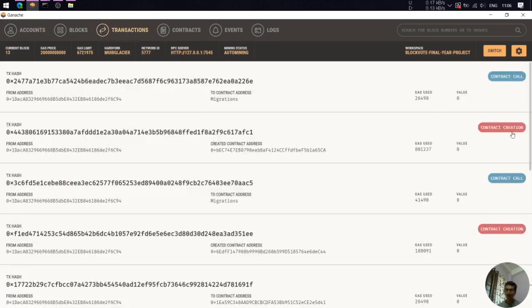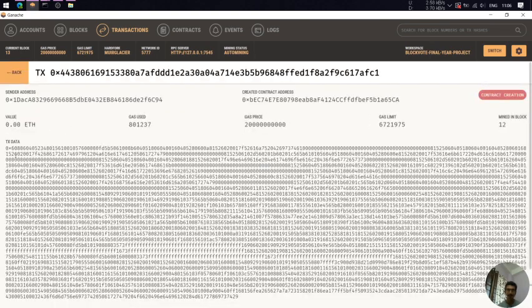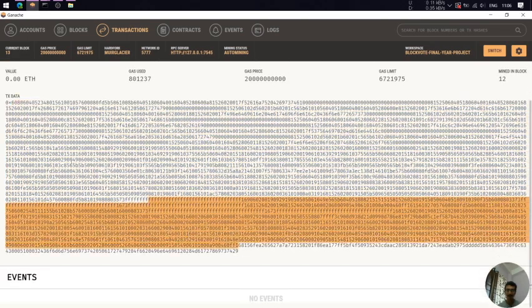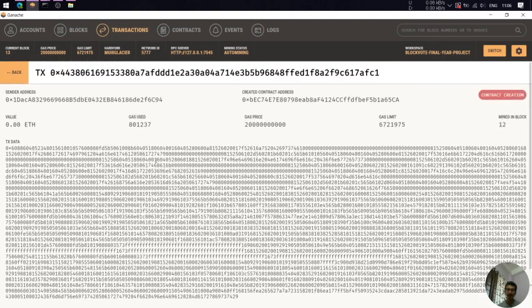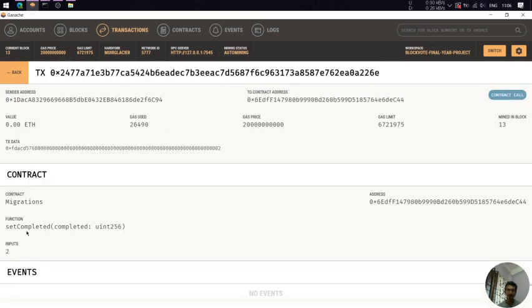So you can check, the contract creation transaction is done. As I said, when you want to write on the blockchain, you have to create a transaction. Reading from it doesn't debit any balance. So you can check, this is my data here. All the contract data is in hexadecimal format, and a hash is there, and this is the contract call. I have completed my contract deployment. So let us move on to the